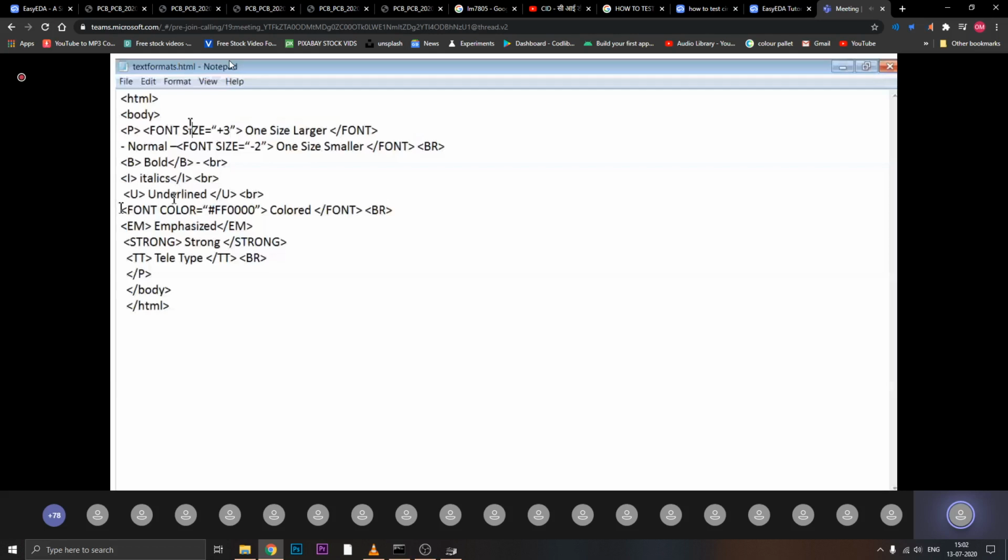And here the property name is color, and the property value is hash ff, then four zeros. Either you can write the color directly, like blue, pink, yellow, or else you can write the code of that color. Then here you have closed the font, then br, then emphasize will appear on the name.